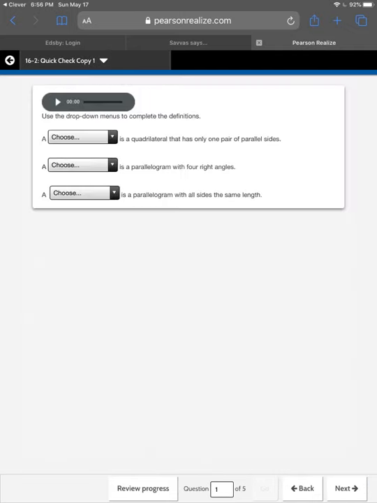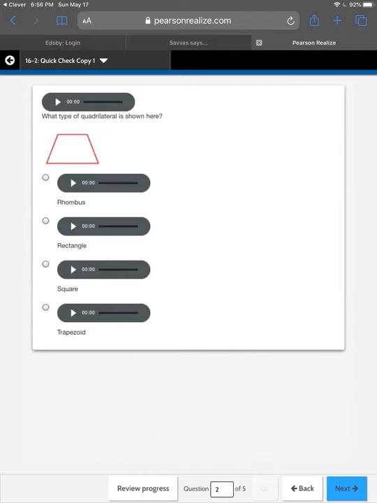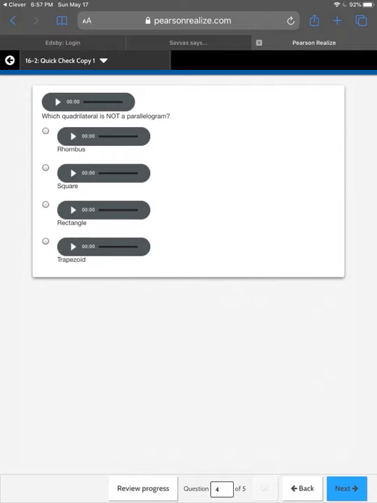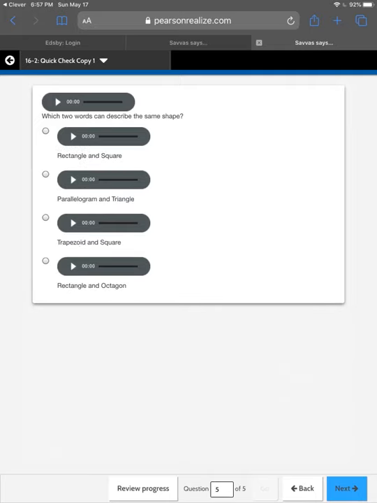Now these are your quick check questions. This is question number 1. You just choose which one and don't worry about these right now. We will go over them on Wednesday. So Tuesday is going to be your buddy practice day. Wednesday is going to be your other buddy practice day. Wednesday, Thursday, we'll probably go over the quick check. And then that will be